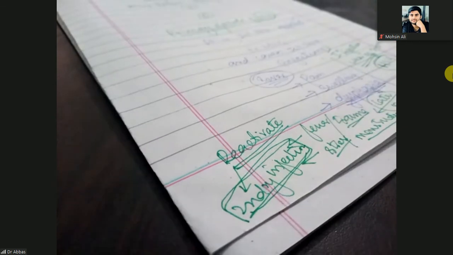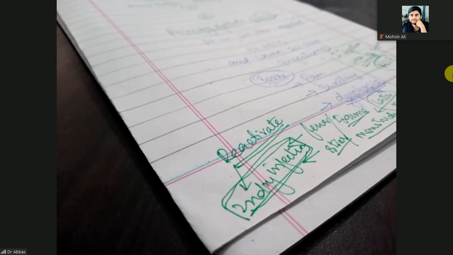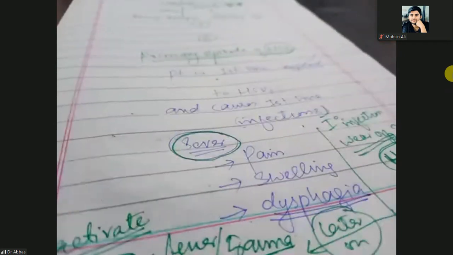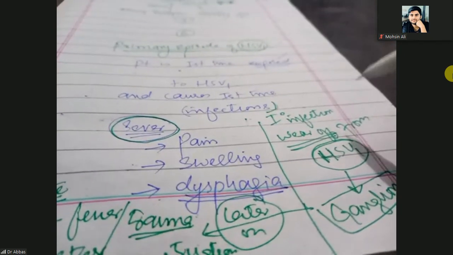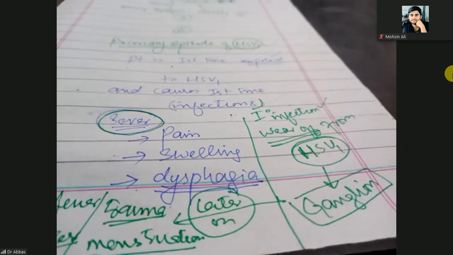And this secondary infection is not too severe. Okay, it is very simple. So there will be secondary infections or secondary episodes. These secondary episodes are mild as compared to the primary episodes. You know, primary episodes are very severe. So after the primary episodes wear off, this herpes simplex virus will not leave your body. It will remain permanently in your body in the ganglions.